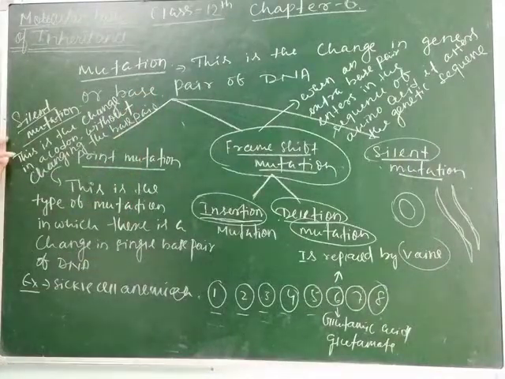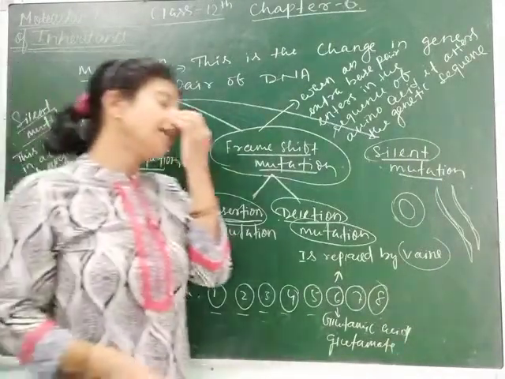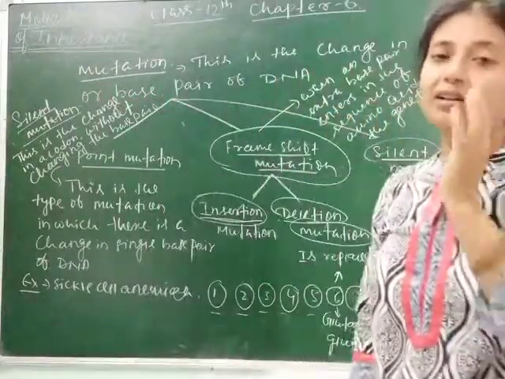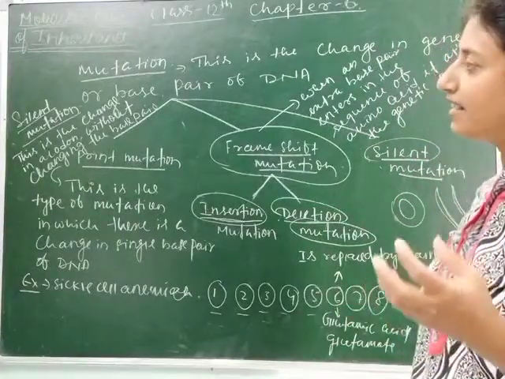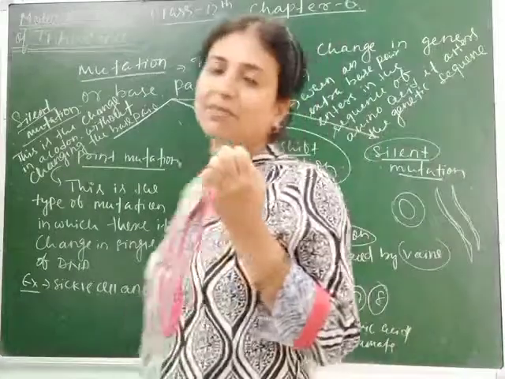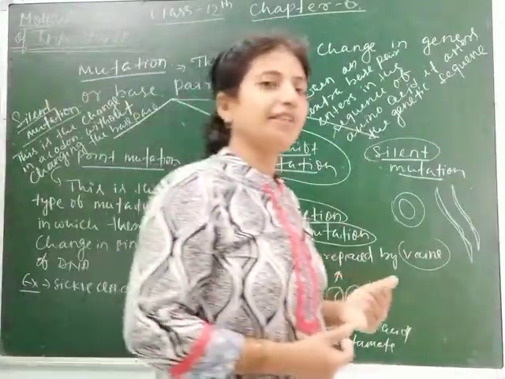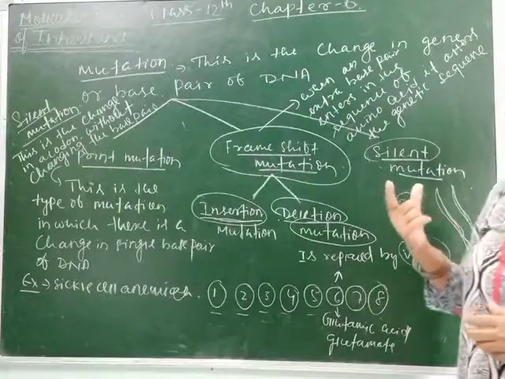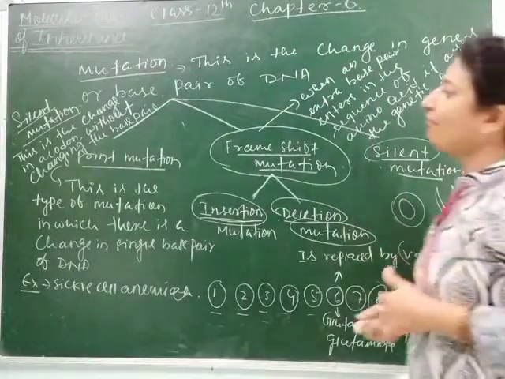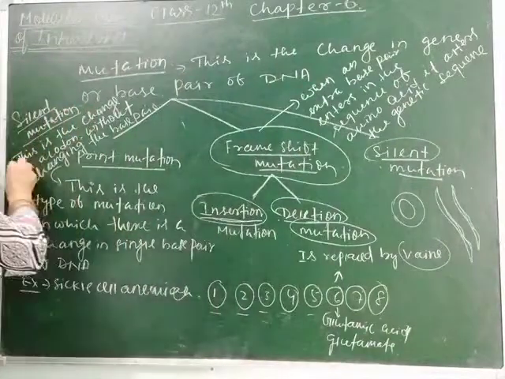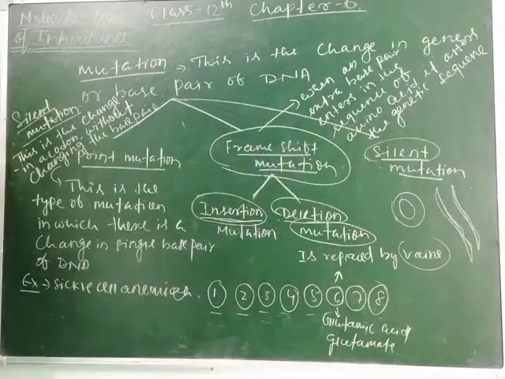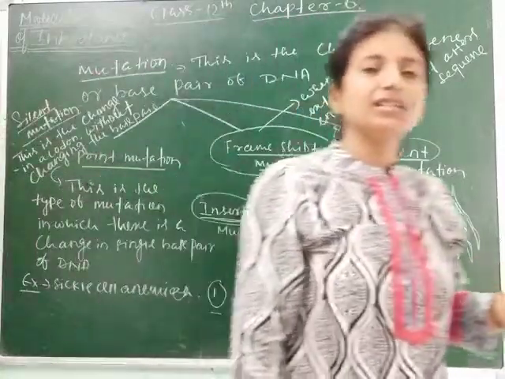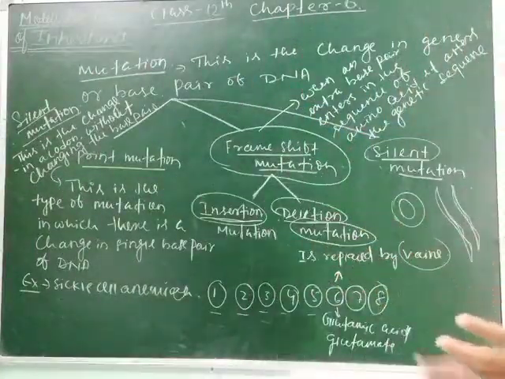Clear? Silent mutation means it will not alter the amino acid and does not change the base pair, but still it shows a mutation. That is called silent mutation, due to which we may suffer from cancer. Means due to ultraviolet rays which cause mutation or change in the base pair, that will not confirm, but we may suffer from the disease. So this is the change in codon without changing or altering the amino acid coded, and the mutation is called silent mutation. So these are the three different types of mutation you will study.